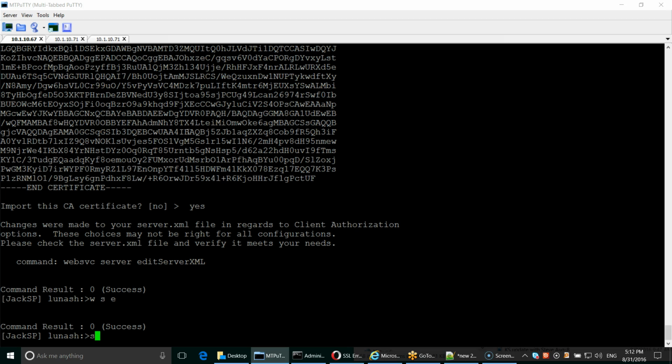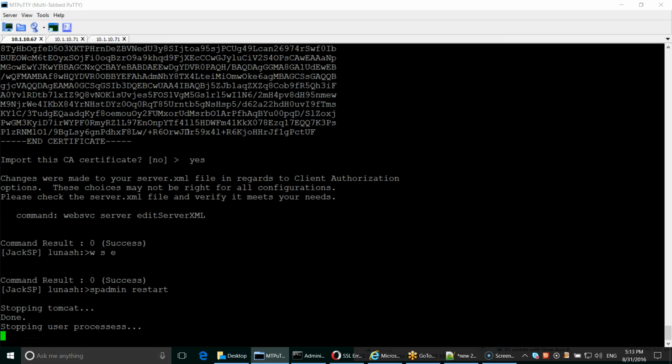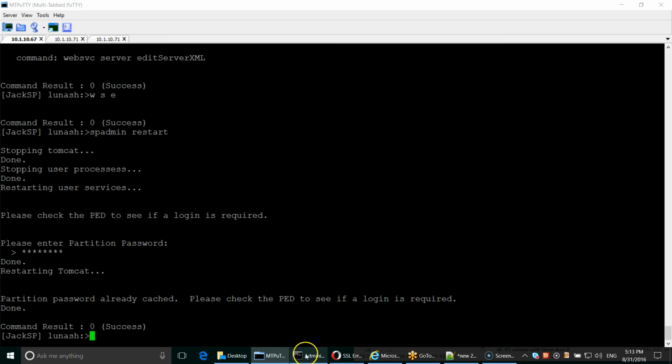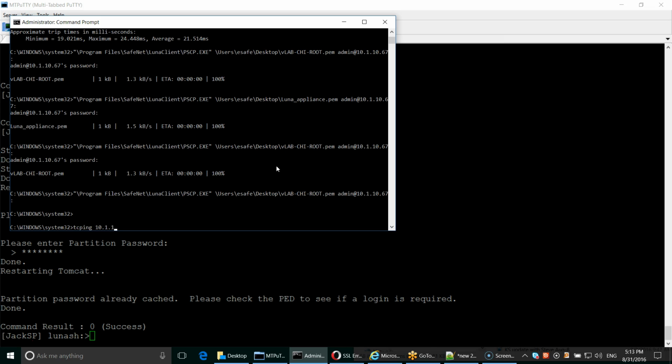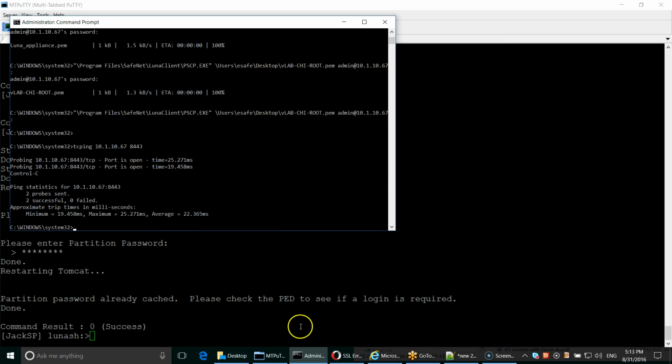All right, so now I want to restart my Tomcat and my Luna SP services. So in documentation, the same command is called spadmin halt all, and then start all, and then start web services. But this command is more powerful. All right, so partition. If my port is open already, now I want to check